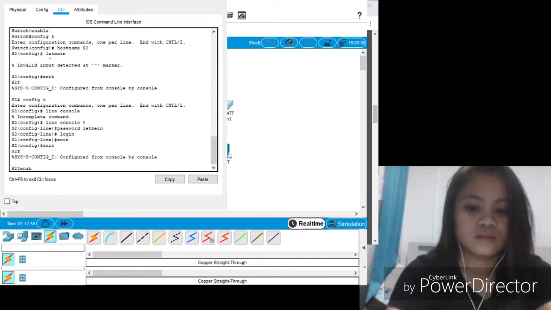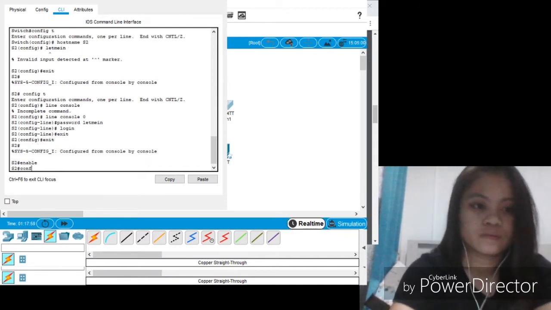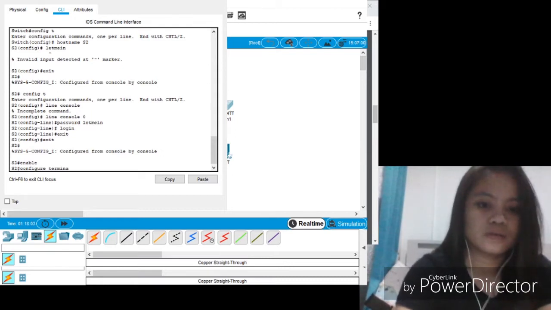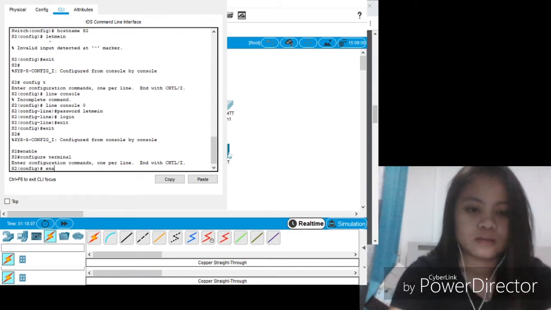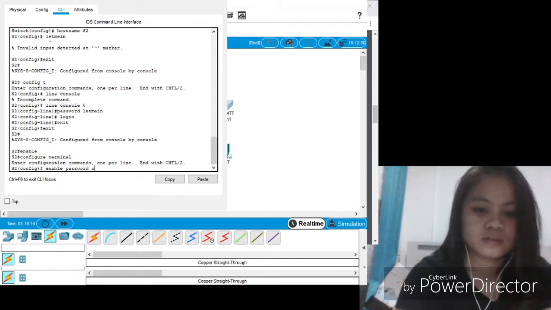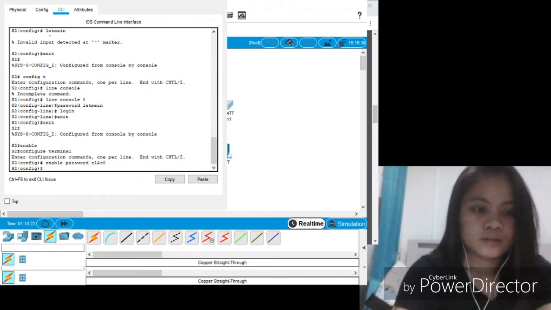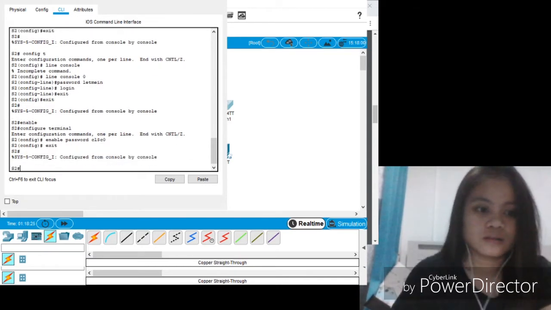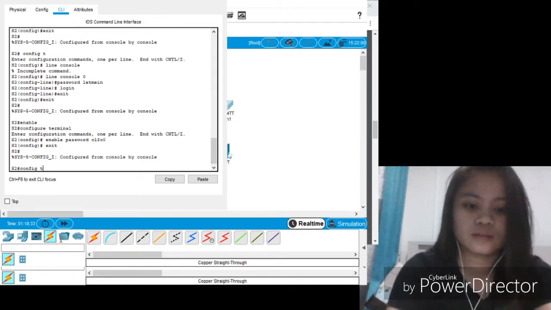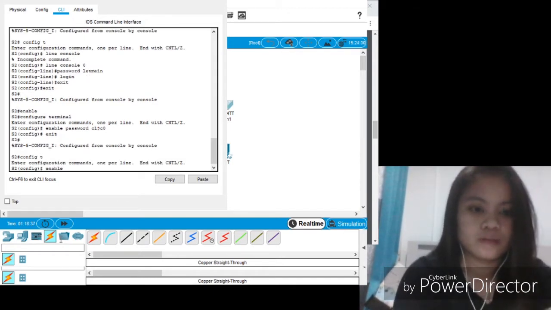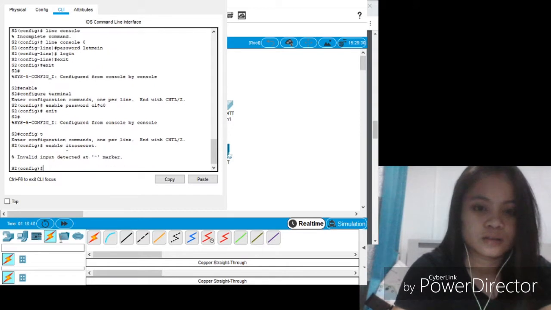enable, configure, and then enable password, and then exit, and then create, and then enable secret, and then exit,